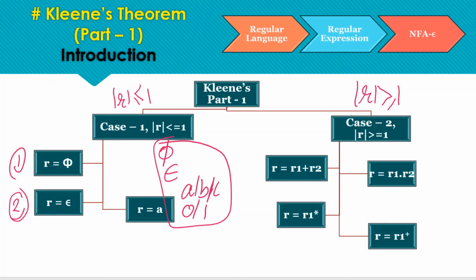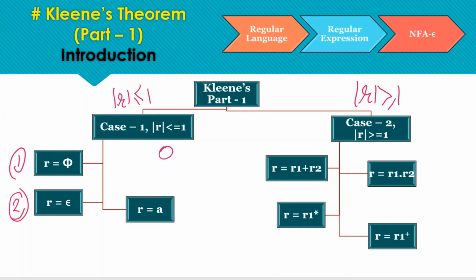For case 2, we have four other identities to prove. If the length is greater than 1, the regular expression comprises more than one symbol, and we follow a divide and conquer approach: we divide the longer expression into smaller expressions, then solve those. So we have to prove the identity for union, where the sub-expressions of an expression are in union, and for concatenation, where the sub-expressions are in concatenation.